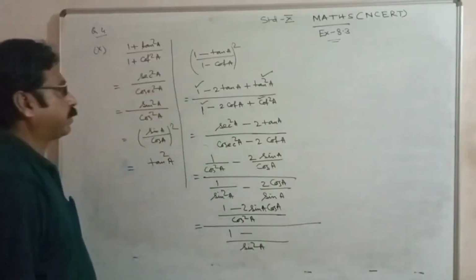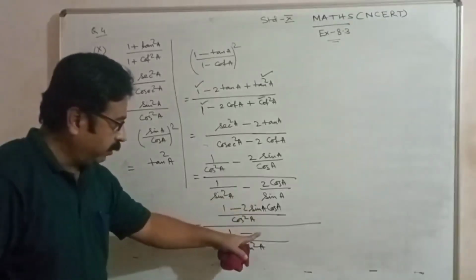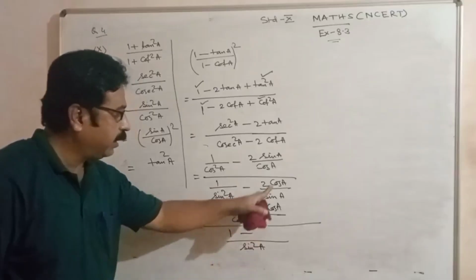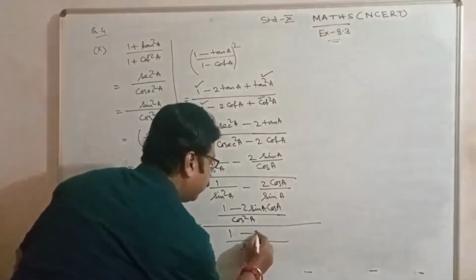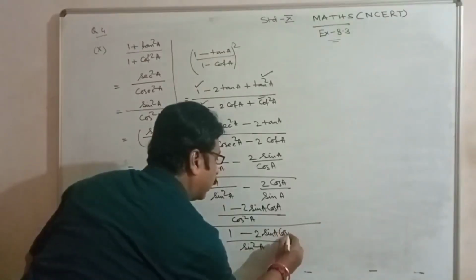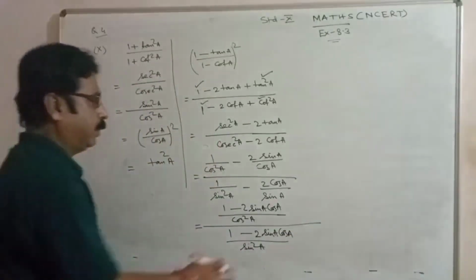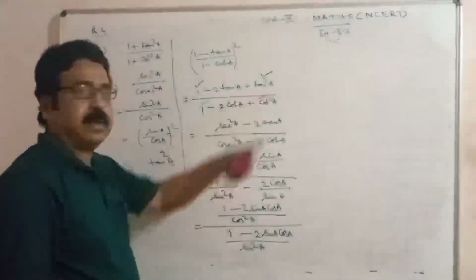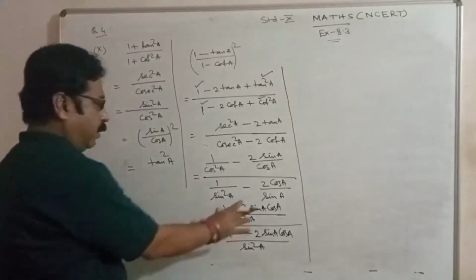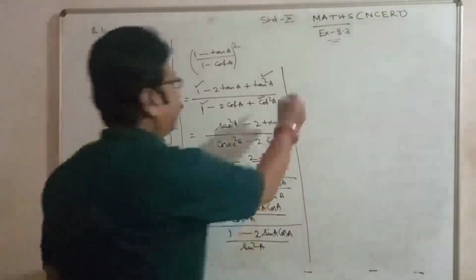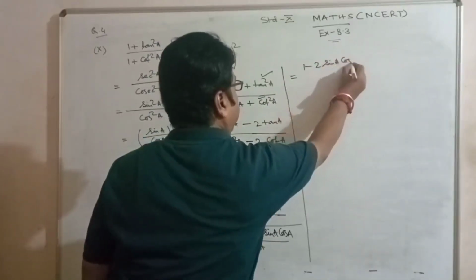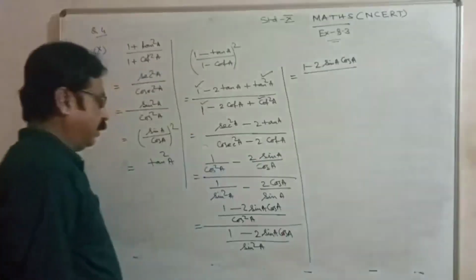Minus. Sin A into cos A. Sin A into sin A is sin square A. This sin A into cos A. It will be 2 sin A cos A. Next step I am writing here. One minus 2 sin A cos A upon cos square A upon cos square A